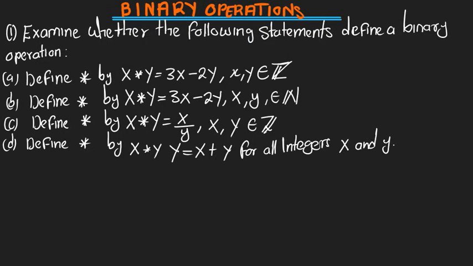We've been asked to examine whether the following statements define a particular binary operation, where we've been asked to define whether star is defined by x star y, where the equation is 3x minus 2y, with x and y being members of integers. Okay, so we'll do the rest of the operations, but for now I would like you to understand what a